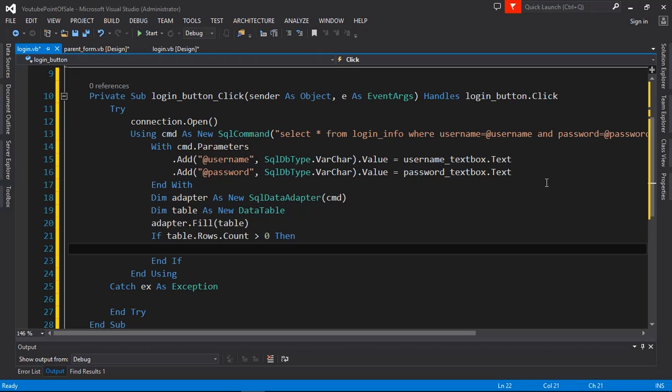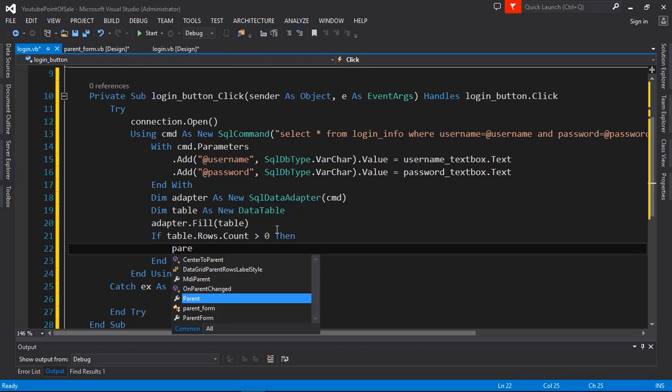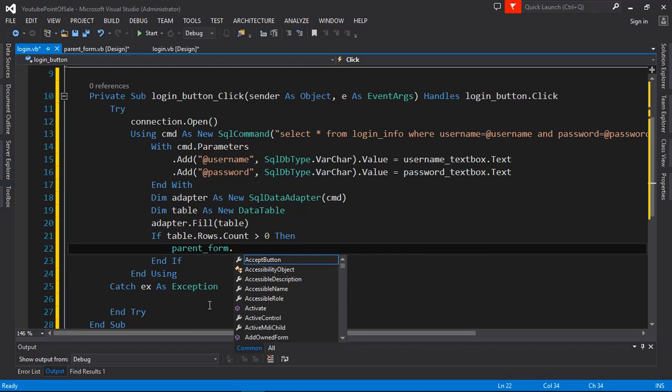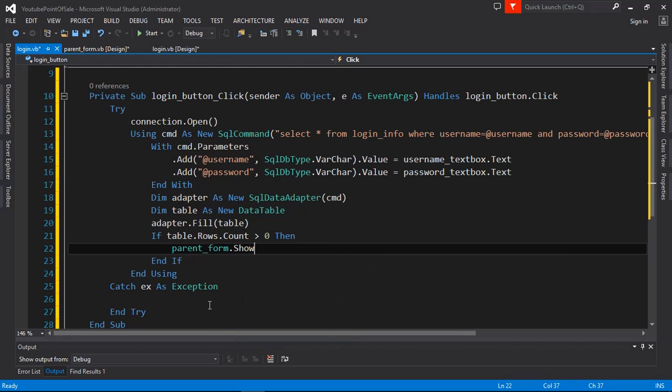So we're going to see a message. If the rows of the table which has been filled from this query are greater than 0, it means that we have found the match. So I'm going to access the next form. I'm going to show our parent form here, saying parent form dot show, right? Else